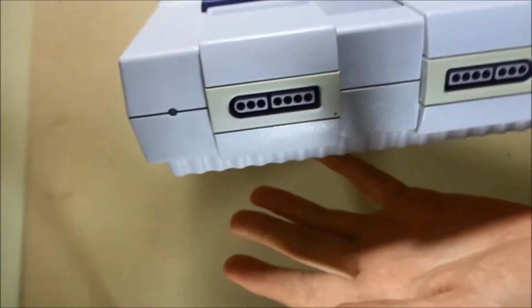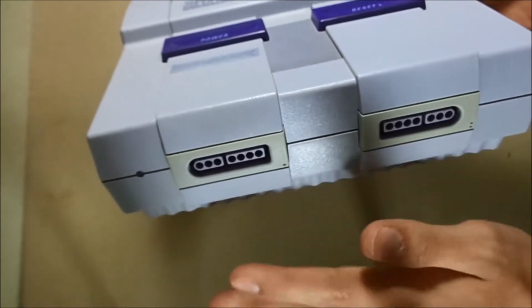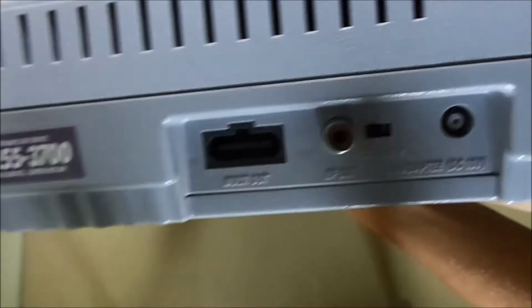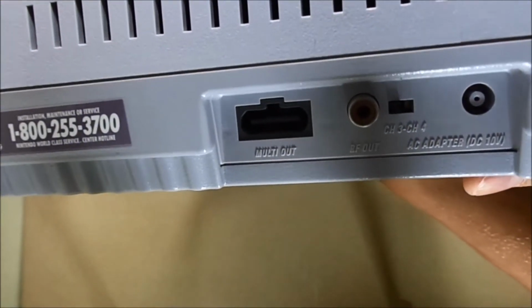If, say, I plan on selling it or doing anything with it in the future where I want to show it aesthetically, then yes, I'll probably get that yellowing cleaned up a bit, but nothing too big to worry about. And then on the back, as you guys can see, compared to the original NES, which is different,